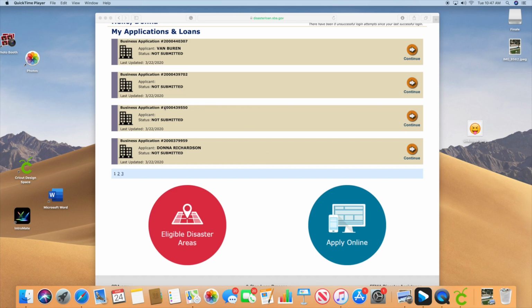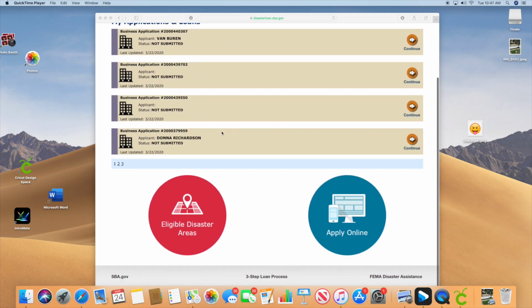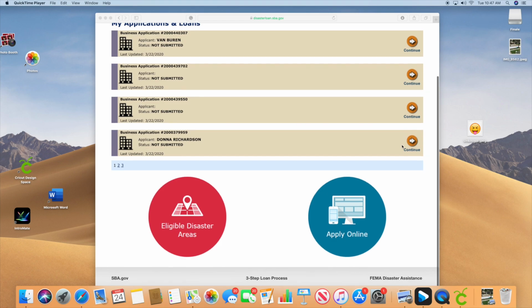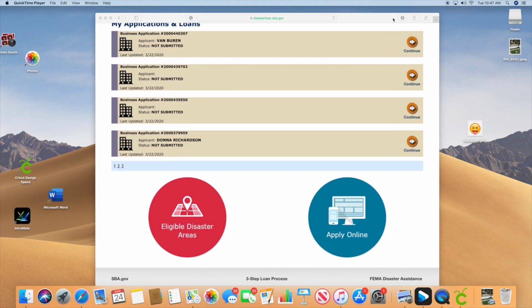If you already had an application and you submitted it and you just have to fix something, then you would come here. I actually have so many, I'll even show, they'll actually have a status. So you can see the status of your loan, but I can't release information. These are not real people, so this doesn't matter. All right. Just click apply online.